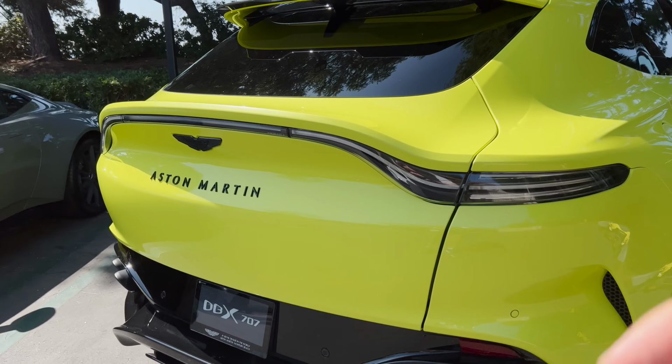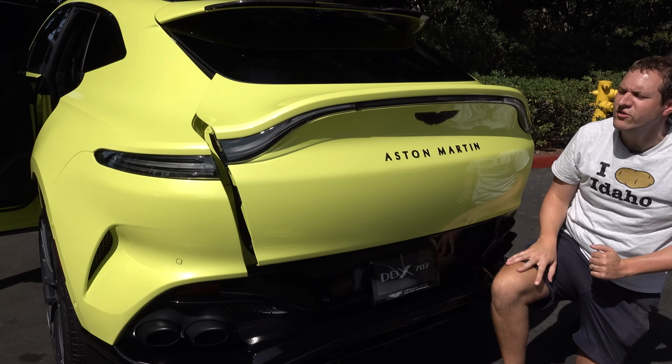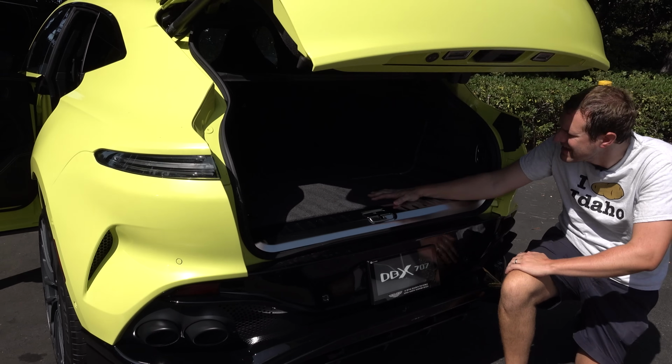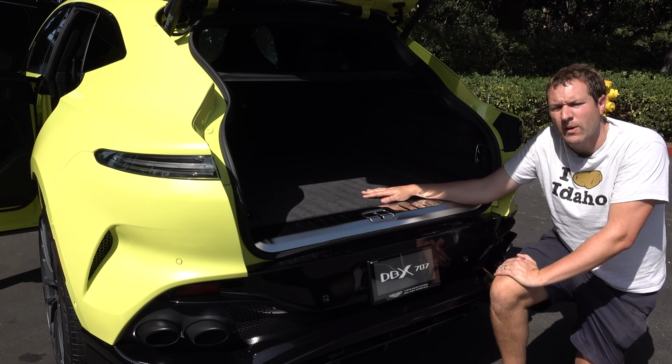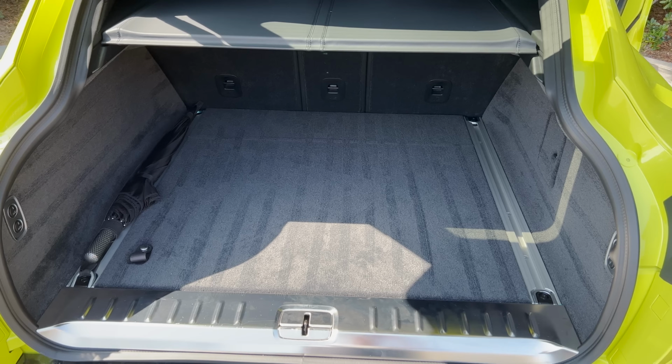I hesitate to call it ugly, but it's definitely different. Anyway, you open up the tailgate, you get into the cargo area back here. You can see it's a pretty decent sized cargo area. Not massive or huge, but big enough, reasonably practical, and a couple of cool